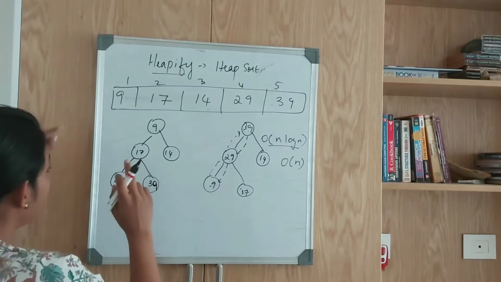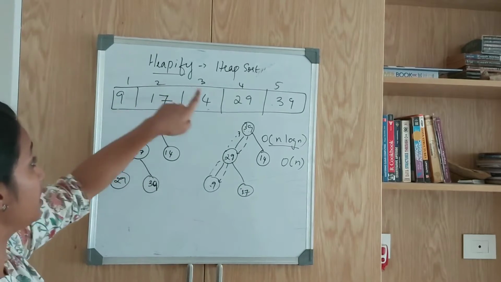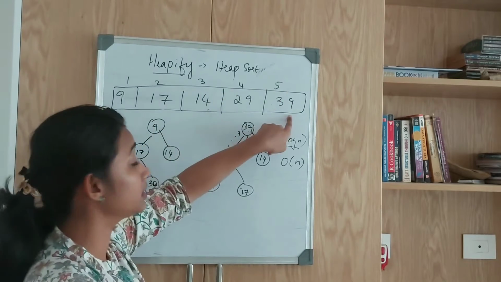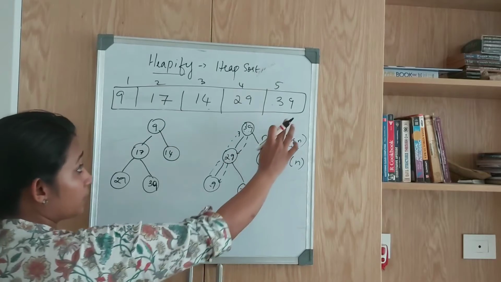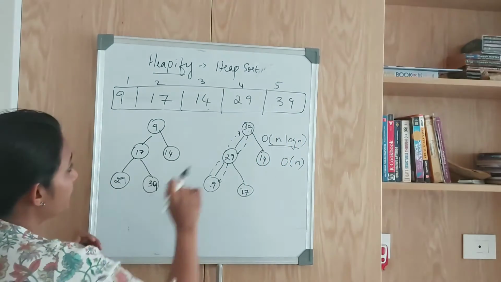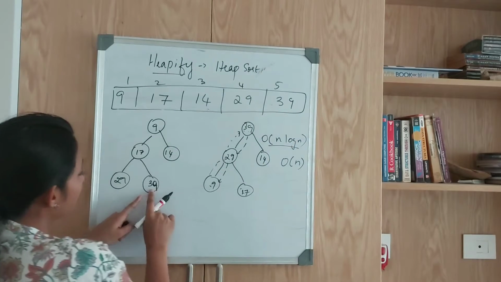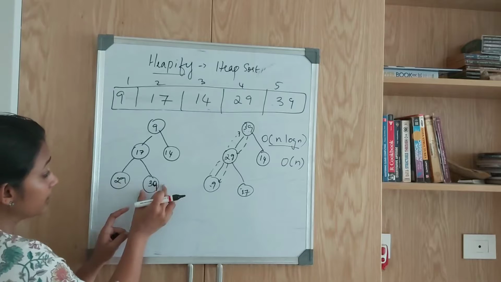Got it? So in the first technique, you started with 9, then you picked 17, then 14, 29 and 39, right? For the first method. Here for the Heapify technique, you're going to start from 39. So let's see how. First is 39. You pick 39 and consider it as a heap, and 39 is a leaf